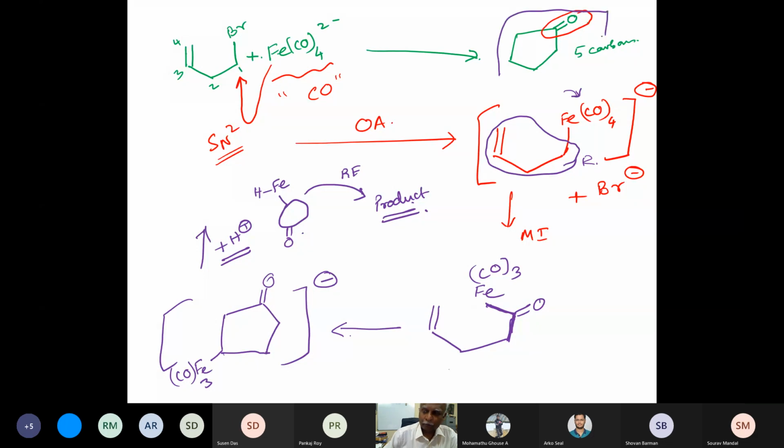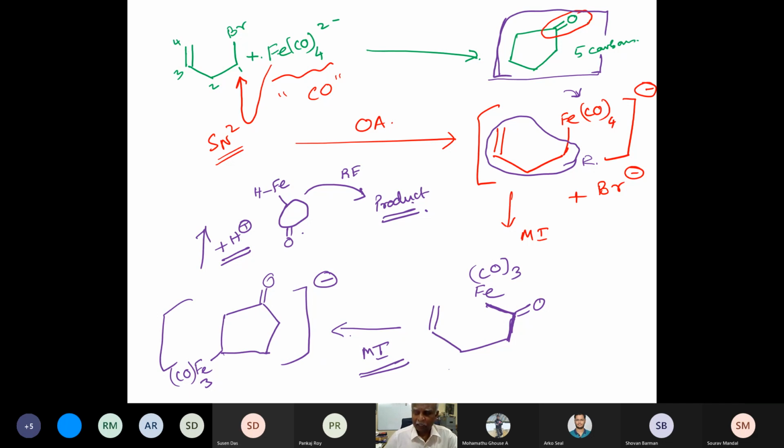So the formation of this is explained here. I have violated one more. This is the stoichiometric reaction, of course. This is again a migratory insertion, and this migratory insertion is happening with a slow acyl group. So as I told you, acyl group migration would be slower than an alkyl group migration.